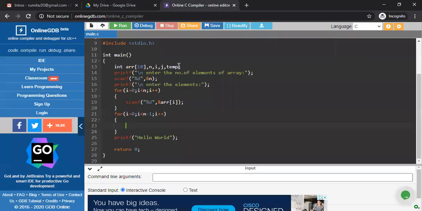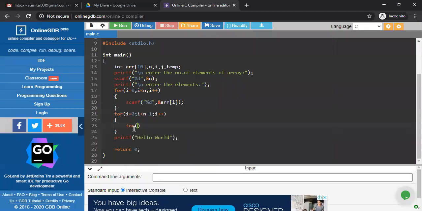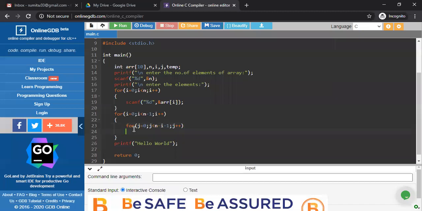So now the variable we use here is j. So j equals 0, j less than n minus I minus 1, and j plus plus. Why am I taking it that way? Just for the first example, assume that your I value is 0.